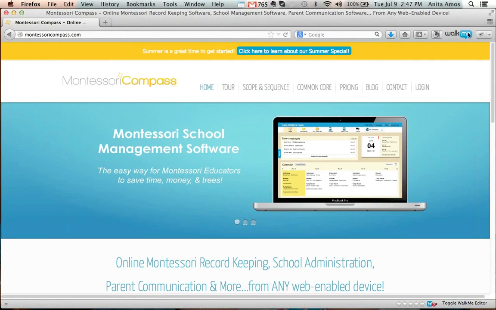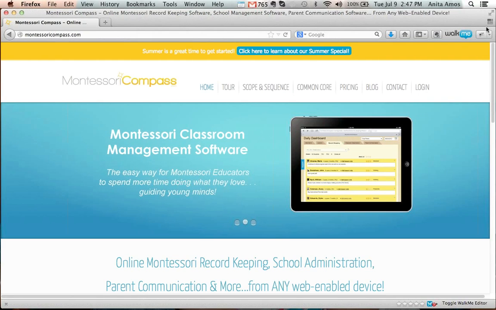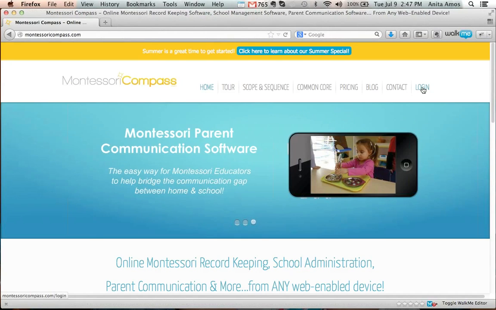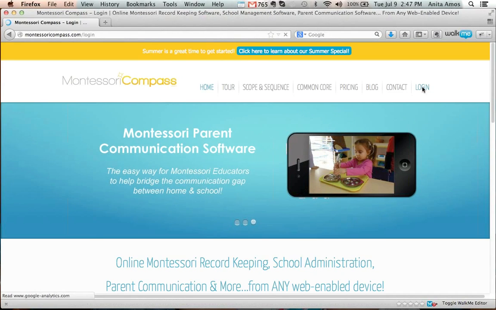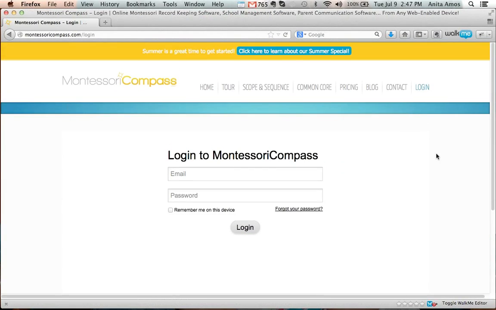Now, somebody had asked earlier today about having a link on their website, so you can contact us directly. There's a couple ways to do that. We do have some nice icons that you can use, and we'll send those to you. But basically what you want to do is get them to come to this login page here. You can also, for anyone that's technical in nature, iframe this into your site, so this login box is made available exclusively on your page. You can, again, contact us about that.